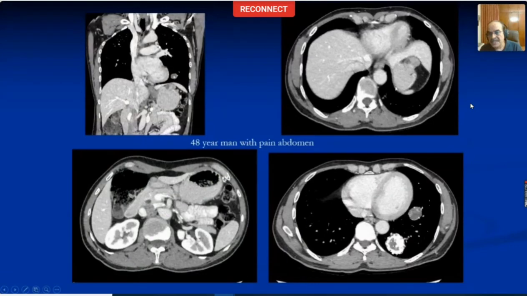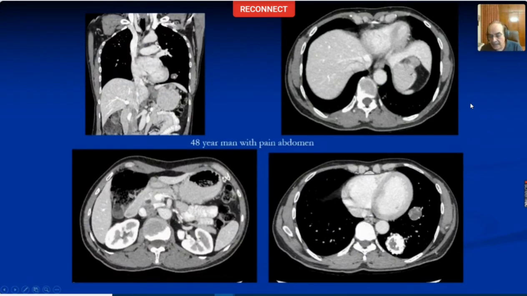There's a lesion here. This is the stomach. This is the cranial most part of the stomach. There's a part of the left lobe. This is the cranial most part of the fundus of the stomach. There is a small exophytic lesion here. Similarly, there's also another small exophytic lesion here. This was arising from the gastric antrum.